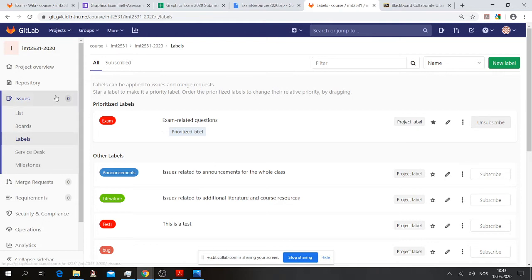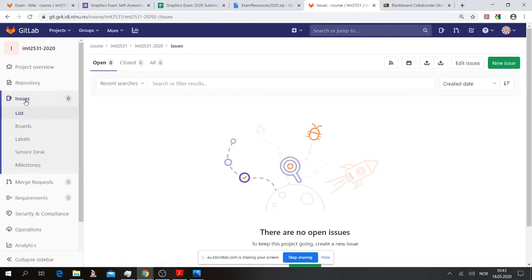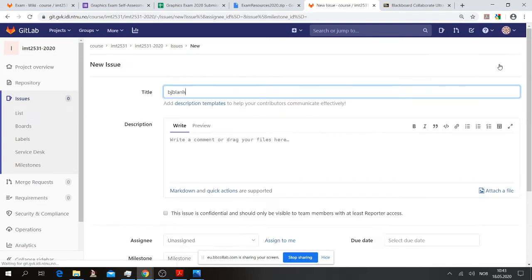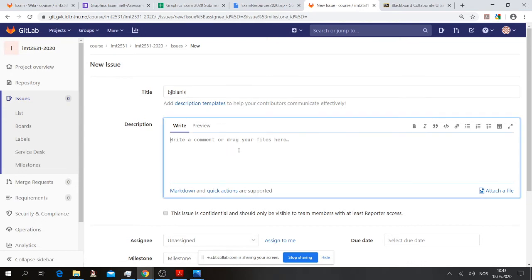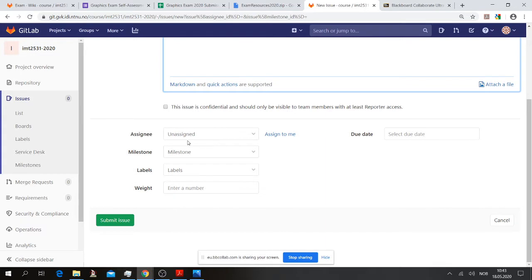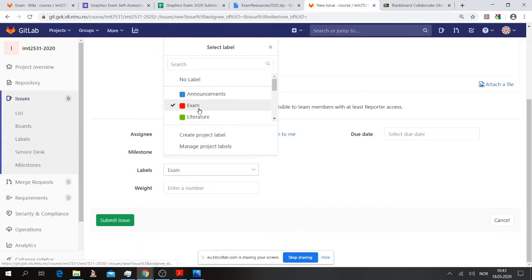And anytime you have an issue, you go in here like some of you have done before, you make this issue, so new issue, you set in whatever you have, you type your comment. You don't really need to do much with these things. I think it's just important that you make sure to connect it to the exam label, because then I will receive a mail once you address this, and all the others who have subscribed to this tag will also receive a mail, right? So this will be the way to communicate after this meeting.